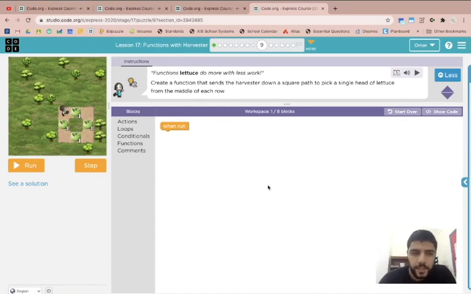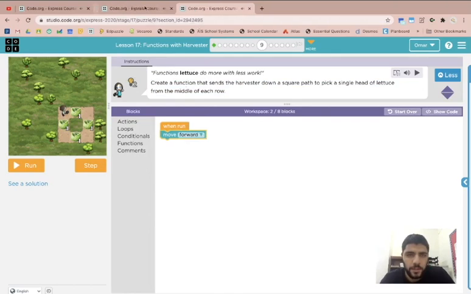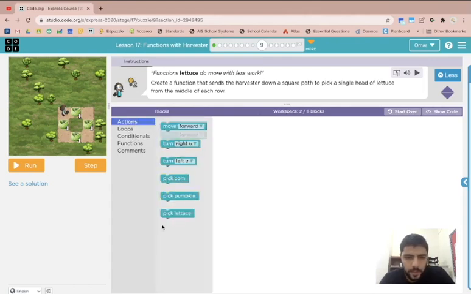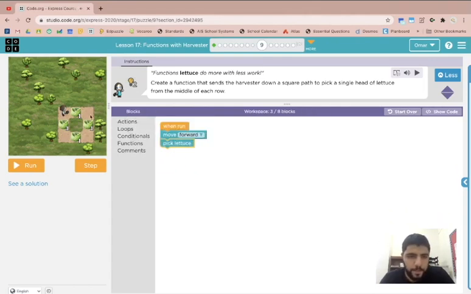Now let's try something a bit more challenging. In lesson 17 here, it says create a function that sends the harvester down a square path to pick a single head of lettuce from the middle of each row. Okay? And the trick to doing this is, again, first do it without functions. So I'm going to move forward and then pick lettuce, right? Then move forward again